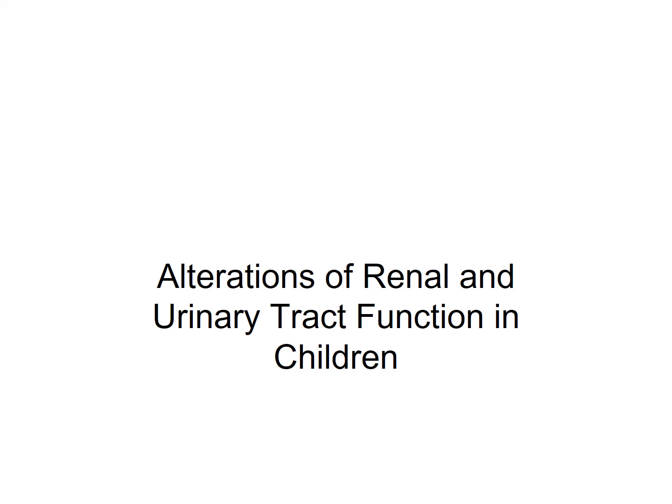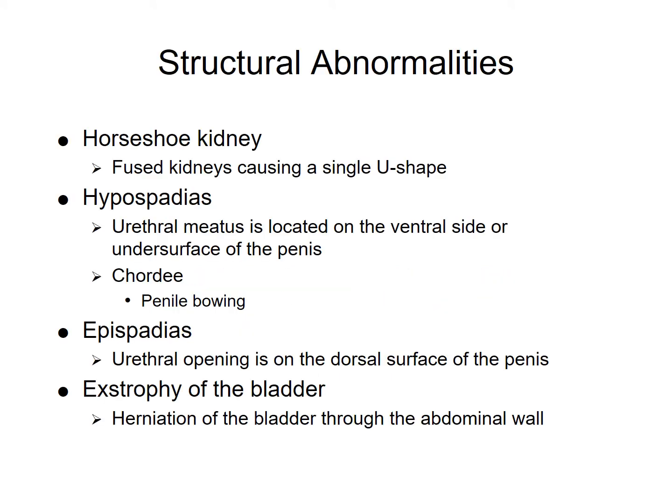This is our third video in the renal series, and this one is going to discuss alterations of renal and urinary tract function in the pediatric population. Structural abnormalities that appear in the pediatric population are horseshoe kidney, where the kidneys are fused, so it's a single